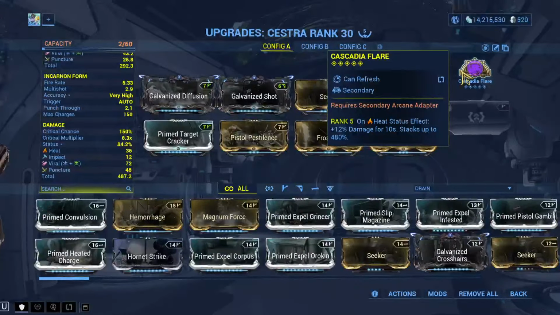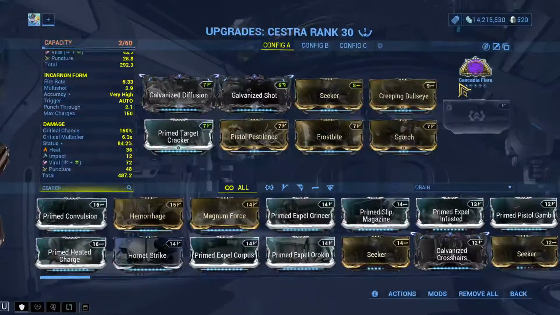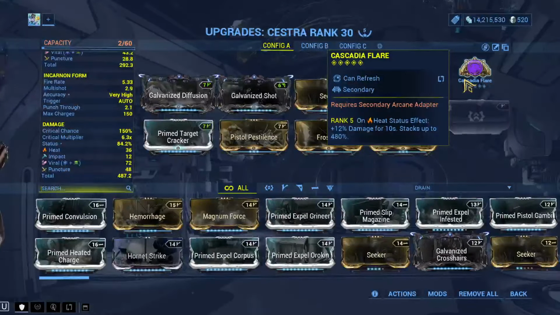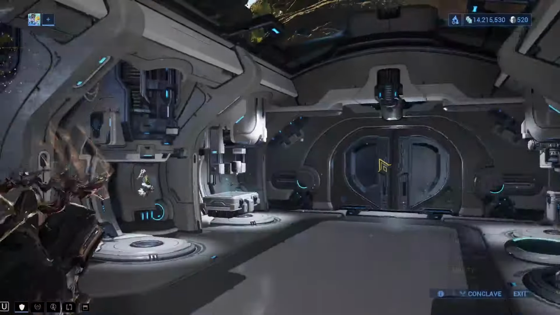We're also going to be using Cascadia Flare for base damage, which is absolutely wonderful. I love Flare, and honestly, I don't see enough of it. So yeah, it's good to show it here. But that has been the build,